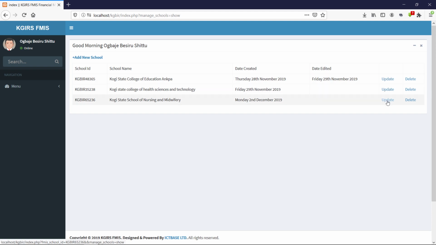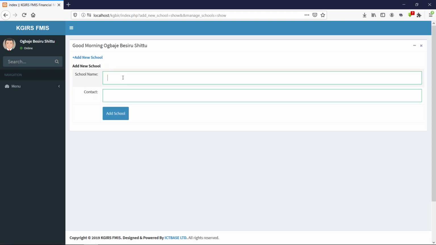Okay, so I was trying to look at how all of them operate differently. Now you see from here that a super admin can equally add a new school to the platform. It is the schools that you add here that you can view their records for. So you can add a new school by just entering the school's name and the contact of the school,